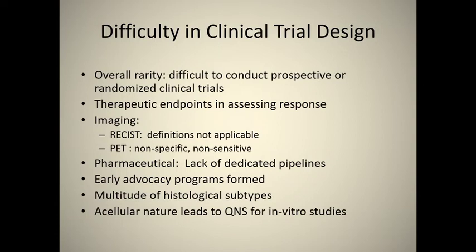The problem with this tumor type is that it's rare. And it's difficult to conduct prospective or randomized clinical trials because of the rarity. It's tough to assess therapeutic endpoints. Imaging has always been a problem. So we look at RECIST criteria for